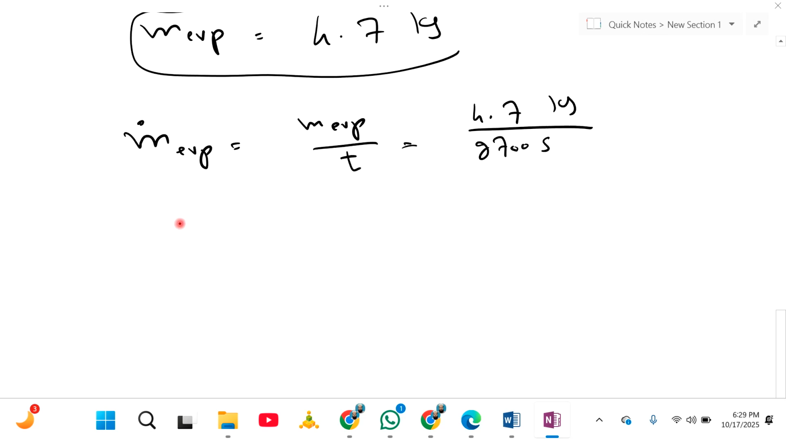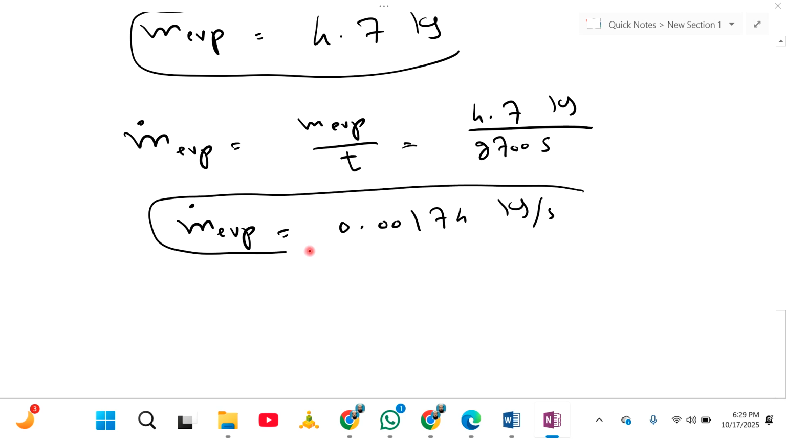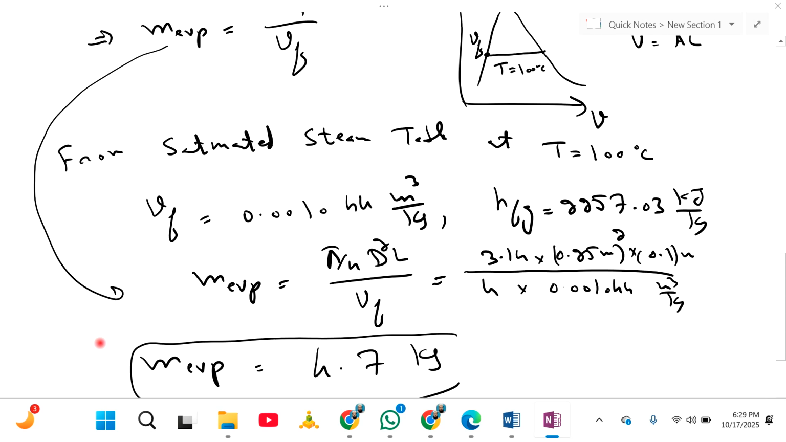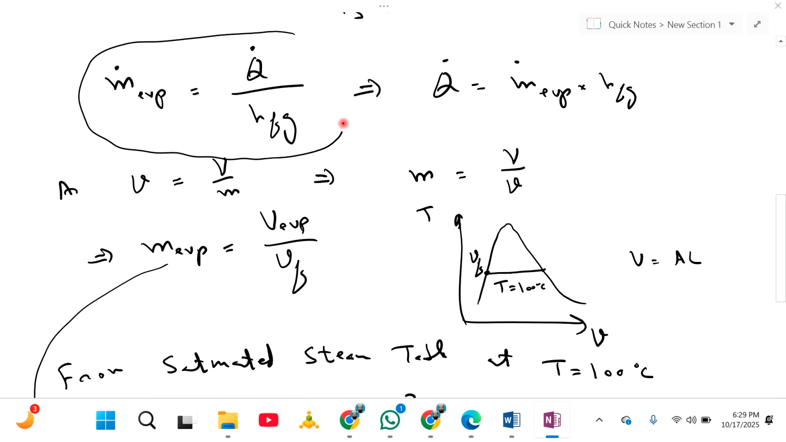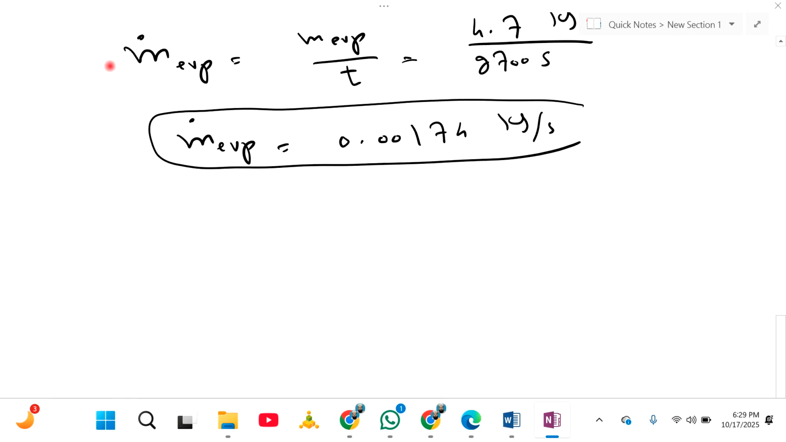So m dot of evaporation is equal to 0.00174 kilogram per second. Now rate of heat, we can easily find rate of heat transfer from this formula, Q dot is equal to mass of evaporation multiplied by Hfg. So Q dot is equal to